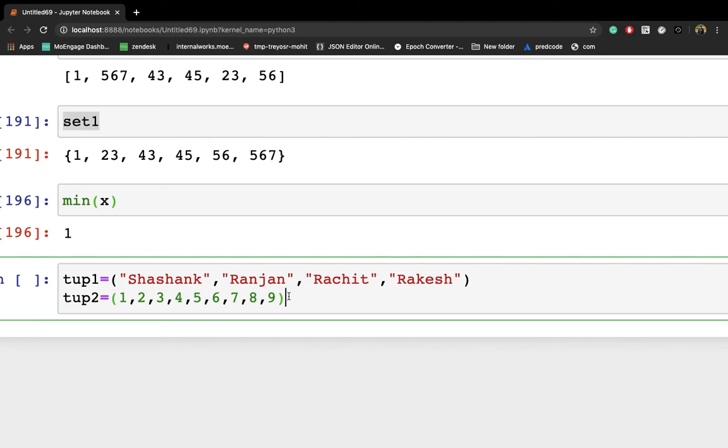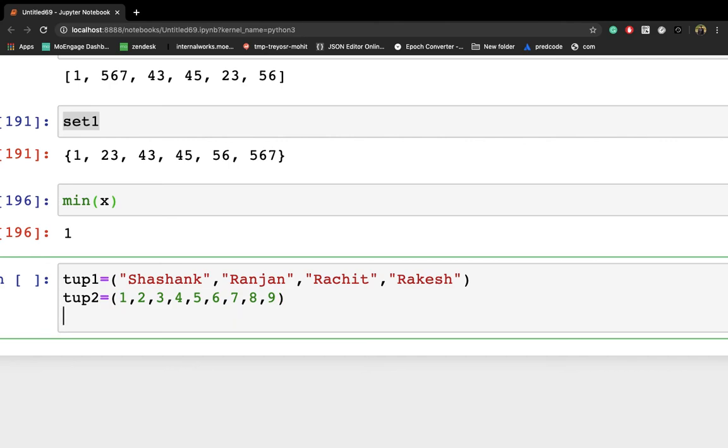So as I told you, if the iterators have different lengths, then the iterator with the least items will decide the length of the new iterator. So tup1 has the least items, right? So let me zip this first. Let me write, let's say I'm writing x is equal to zip.